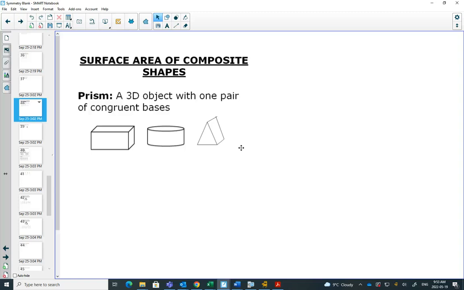shapes. That's the second part of this unit. It's sort of its own standalone kind of idea. Surface area is the area on the outside of a shape. So sometimes we have a shape